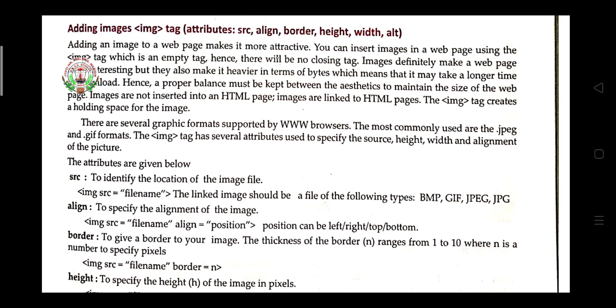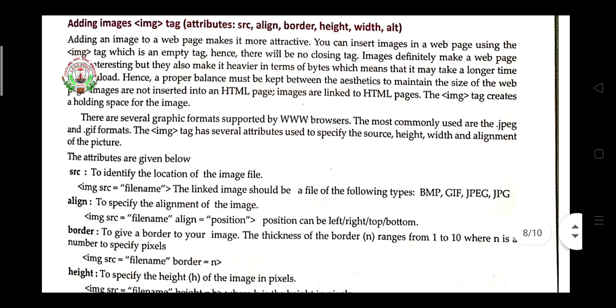So for acknowledgement purposes, you write alt as an attribute, equal to, and then give any value, or the image name, or any message you want to give. So in place of the image that did not download, the alt message will display there.